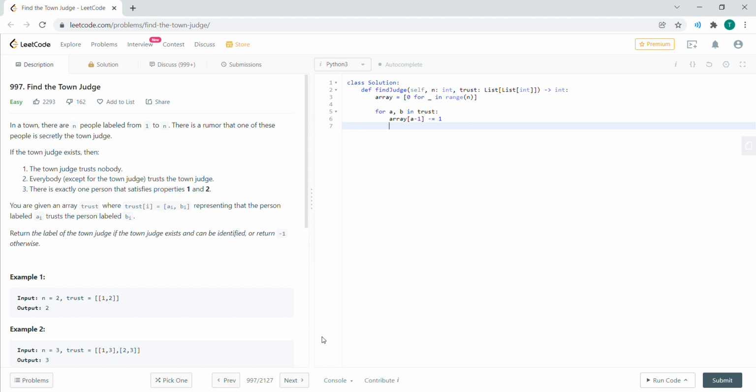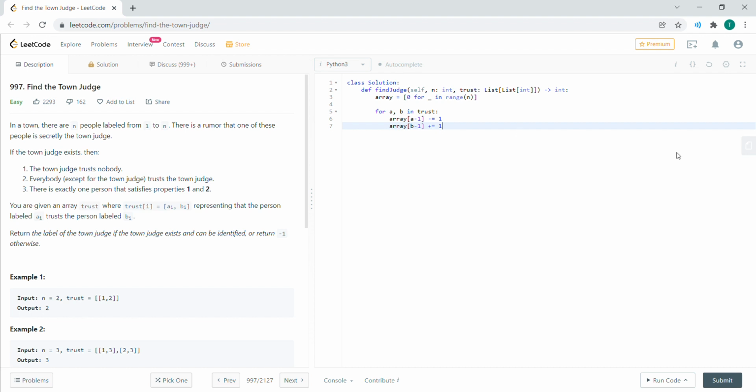That means that a trusts somebody, right? And then we want to do something similar with index b minus 1, and we want to increment by 1. That means that this is the people who lend their trust from a, and this is the people who receive the trust from b.